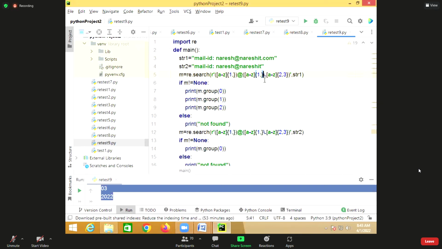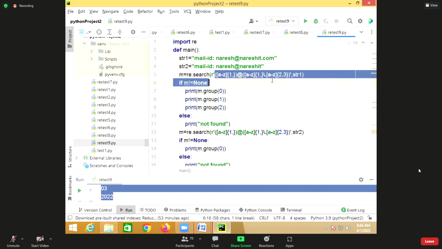Backslash is the escape sequence, and backslash dot represents the character dot, not the special character. Then followed by A to Z, repeating 2 to 3 times, like .com, .in, .org.